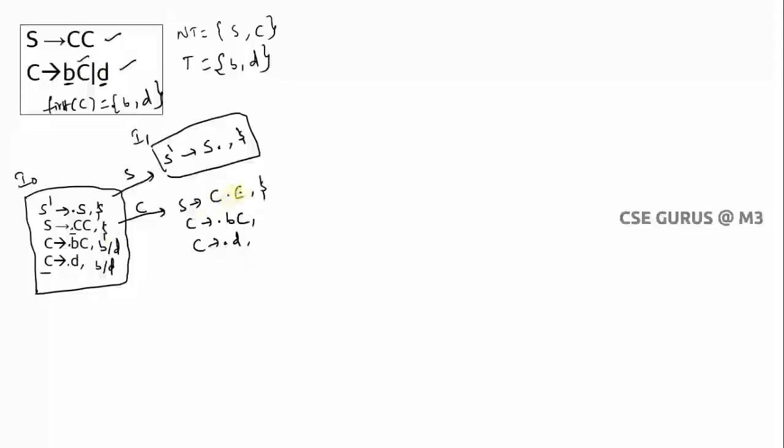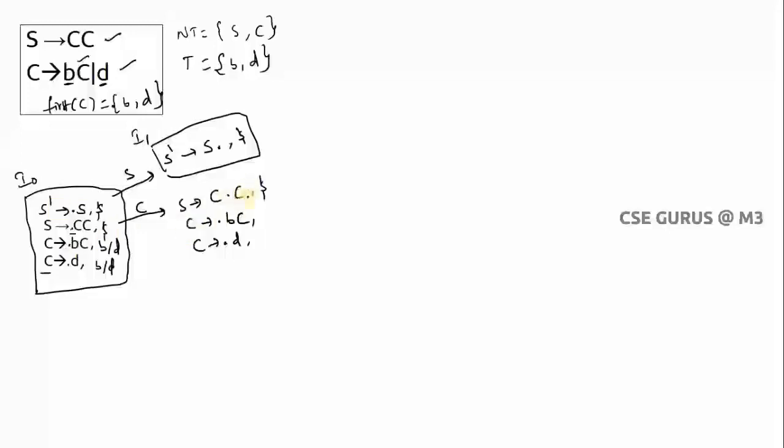What is there after dot? Again a non-terminal. You write, but don't write the lookaheads. Lookaheads are to be generated here. So don't write this B/D here. Now we need to generate. What will be the lookahead for this one? C. You have to check it out for this. I told you, is there any dot C production in this only? Don't check elsewhere. Is there any dot C? Yes, here.